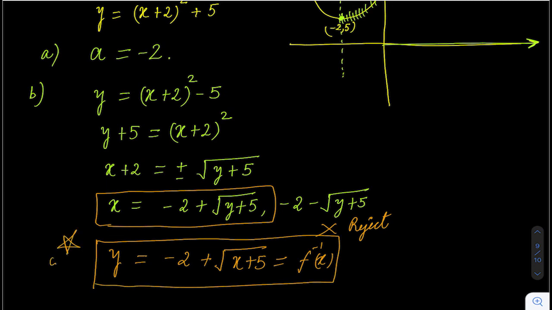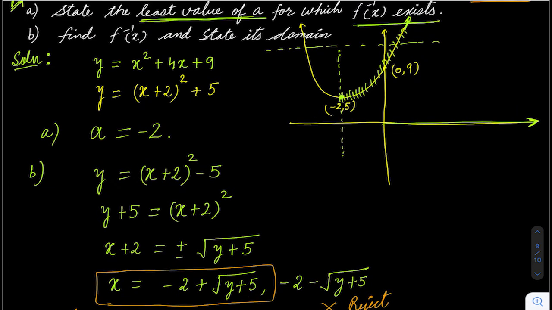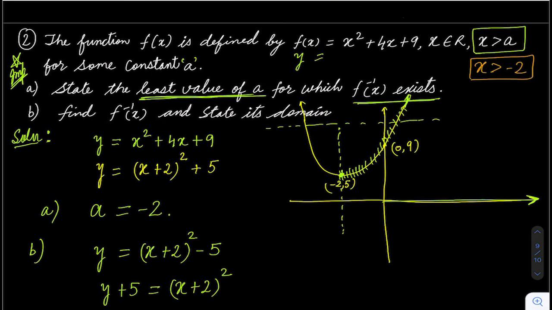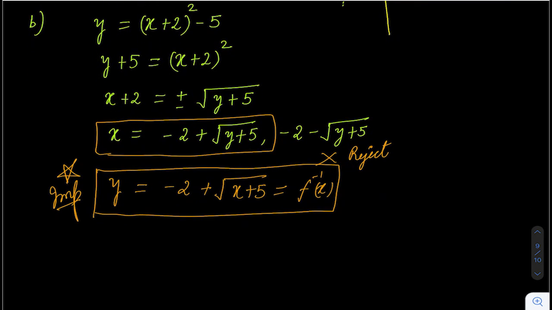I hope everyone understands this. This is important. Next is, we have to find its domain. So domain of f inverse is basically range of fx. And range of fx we already know, right? This is my graph. Range means this value is, what is this value? This value is 5. So from 5 to infinity. So my domain is x is greater than equal to